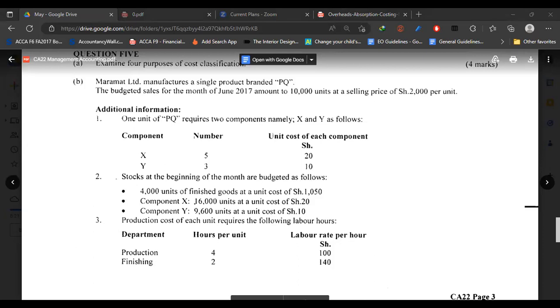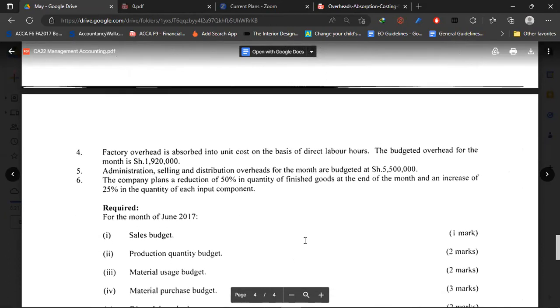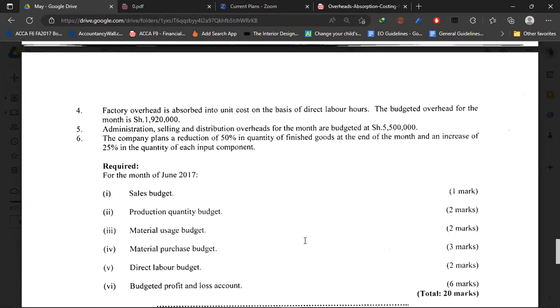Labor rate per hour is 100 shillings. Finishing 2 hours per unit. The labor rate per hour is 140 shillings. Factory overhead is absorbed into unit cost on the basis of direct labor hours. The budgeted overhead for the month is 1,920,000. Administration, selling, and distribution overheads for the month are budgeted at 5,500,000